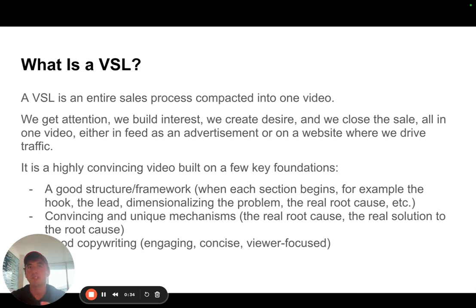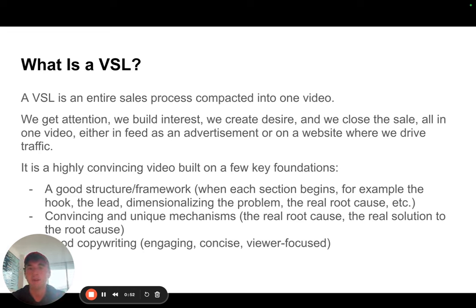Whereas most e-commerce businesses use advertisements just to capture attention, we're going to use the VSL as an entire sales process. And on top of that, we have the rest of the funnel. So by the time they get into the rest of our funnel, they are highly aware and they have a very strong buying intent, which means higher conversion rates, higher average order value, and more informed customers, which means better